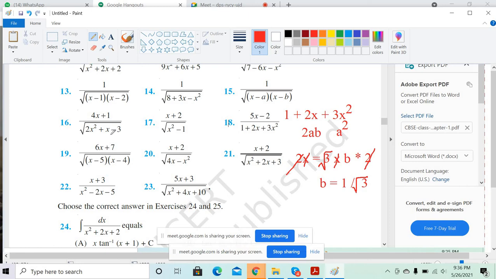Let's go to the next question, number 20. The 20th also has no difference. The 21st is also the same as the 16th one, just the constant is not there. This is also a quadratic equation, isn't it? No difference. 19th, 20th, 21st, no need to do them because all are in the same pattern, isn't it?